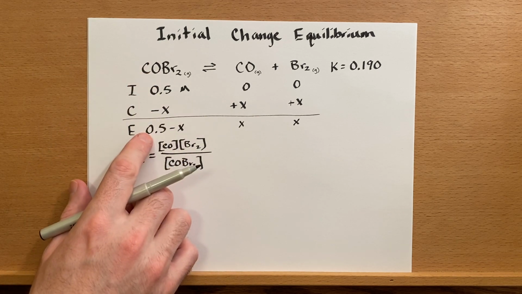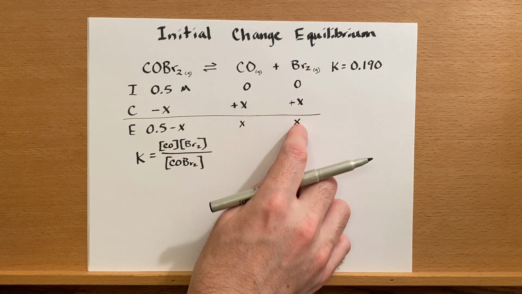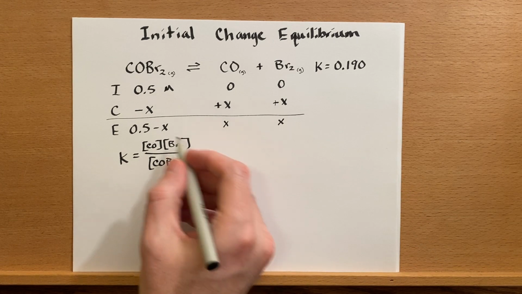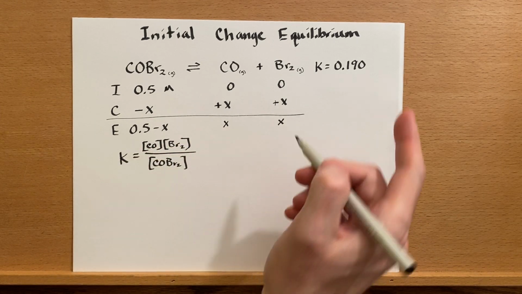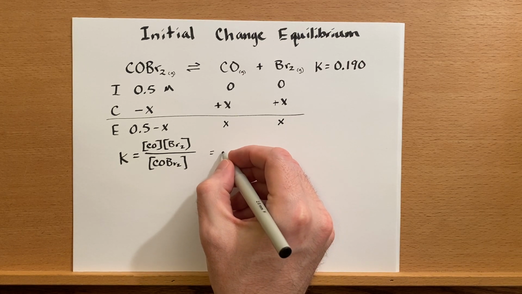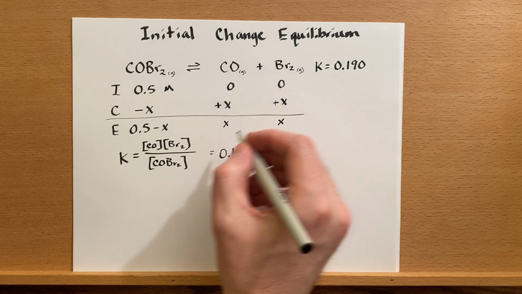For COBr2, it's 0.5 minus X. For CO, it's X. For Br2, it's X. So let's plug those into our equilibrium constant expression, and let's also plug in the value of K. So 0.19 equals